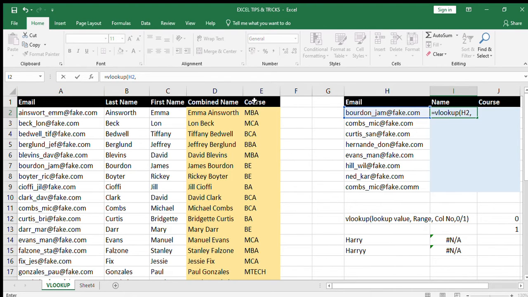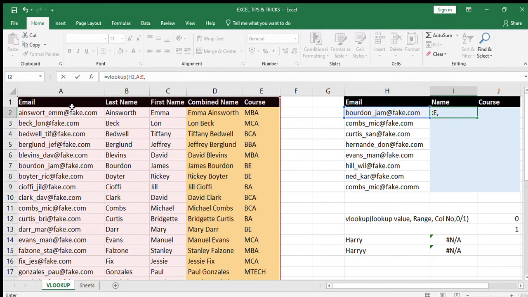Like in the previous video wherein I was talking about the pivot table, what I did was I selected columns so that I am covering all the possibilities which might even come in the future. Suppose I want to add more data points over here, so I will use columns, and I will also tell you the other reason to use this. So I'll just use columns A to E and then comma. Then which column value do I want to fetch over here? I am looking for the name of the candidate, so this is present in the column number, this combined name.